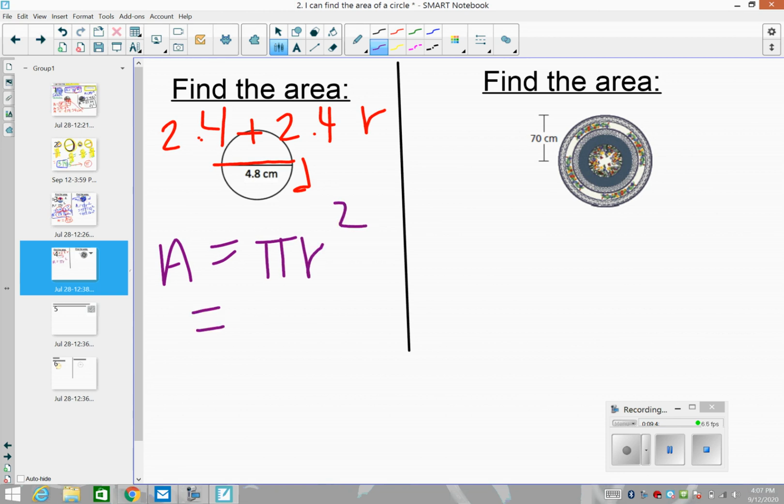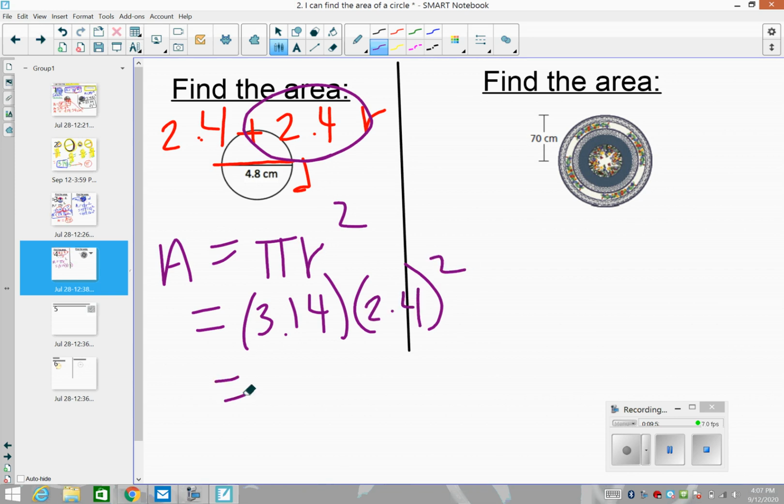Got a decimal in here this time, so I am going to use this handy dandy calculator that's in my hand. Radius is 2.4 because it's one half of it. Let's do it. So we go 3.14 times 2.4 squared. And I'm going to round it to 18